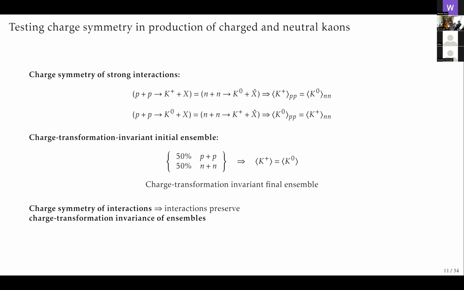So an idea is that we collide 50% of protons and 50% of neutrons. Then those two transformations will nicely add up, and we will get that the mean multiplicity of K plus will be equal to the mean multiplicity of K zeros. So we will have a charge transformation invariant final ensemble. This is a very simple setup of the experiment, and now we will try to think how to